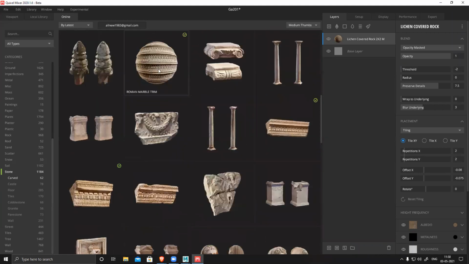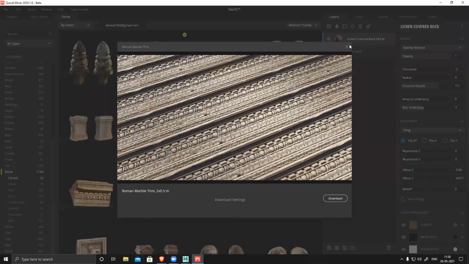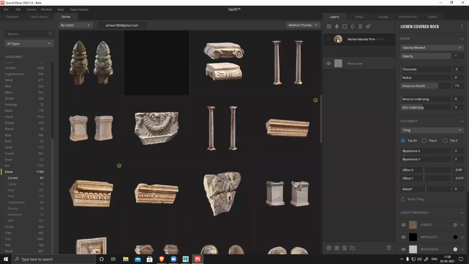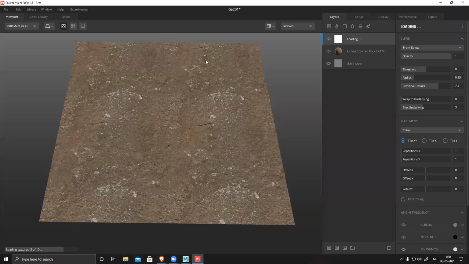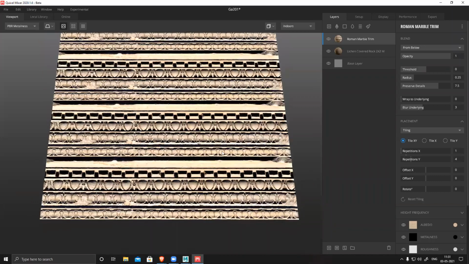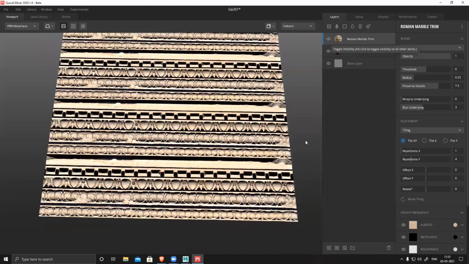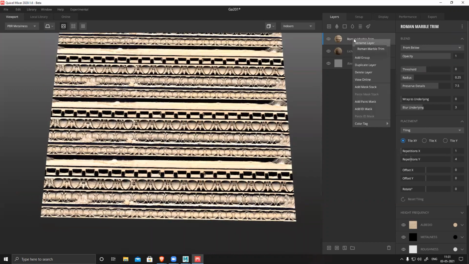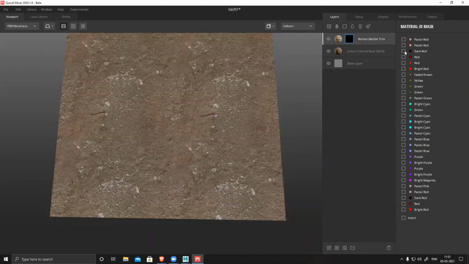So suppose this one, select this, download, just download it pretty quickly, drag and drop it here. Over this, if we load, it's loaded. You can see everything is overlapped, but now I have to add those masks. So right click, I can add a mask stack, or I can add an ID mask. I'm going to use an ID mask. Now I have to choose.